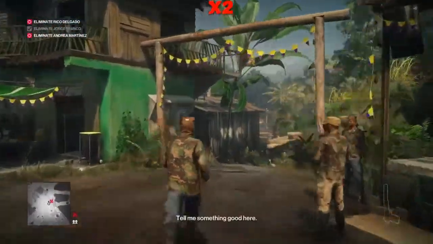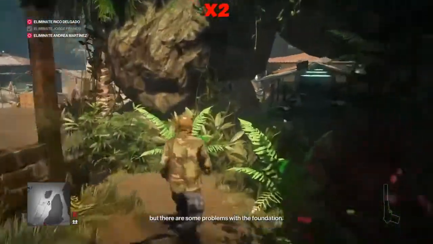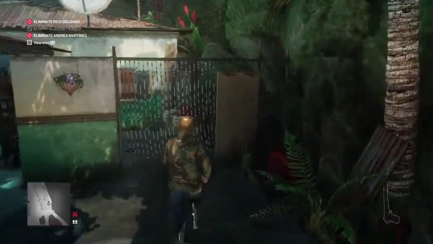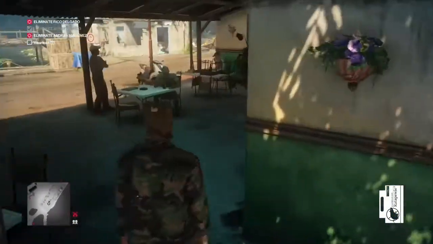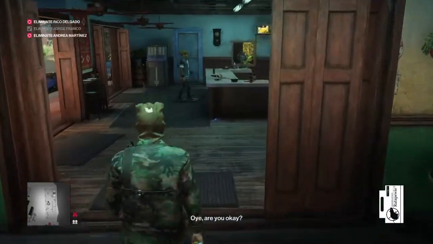And what I could have done, really, I could have done the Martinez kill first. And in hindsight, I should have done, really. So I doubled back on myself a few times. So we're down outside the bar, and just outside the toilets here is some rat poison. So we're going to grab that, make our way into the bar,